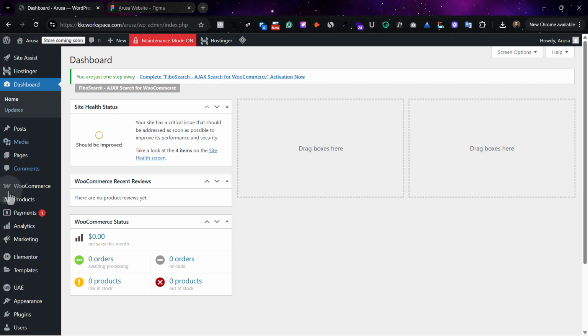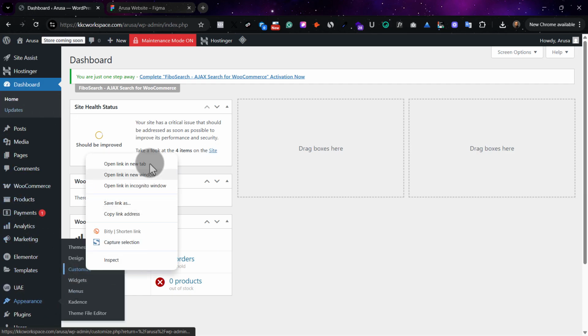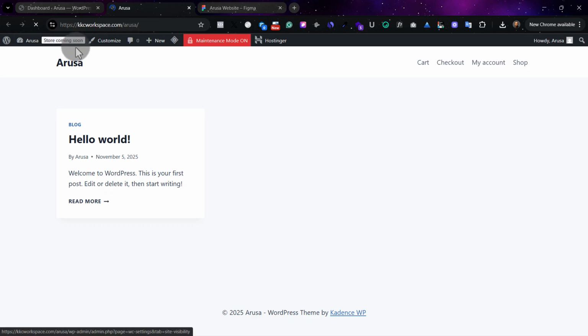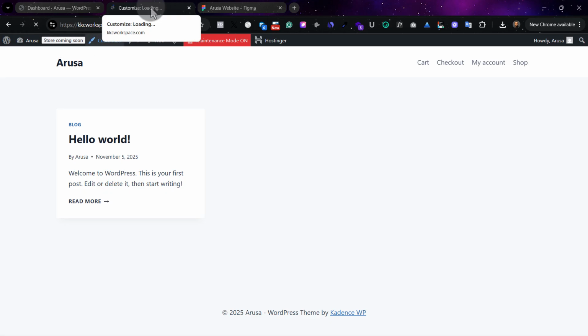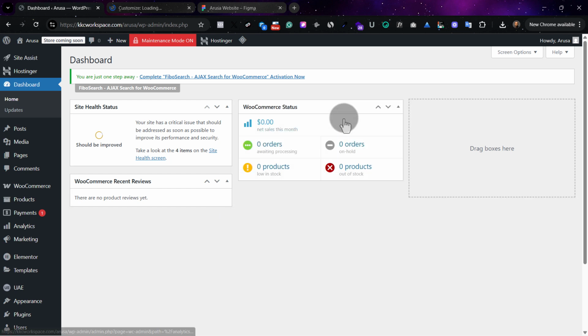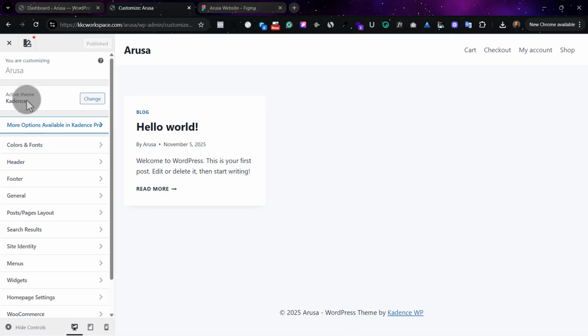The next thing we are going to be doing is customizing our theme. You can go through here, right? Or you can also go through our website itself, through the customizer. Whichever way you go through, you are going to get to the customizer. Before going to the customizer, let's just do some little updates. We are going to position this here, position this here. So now going back to the customizer, you can see we are using Kadence theme to work on